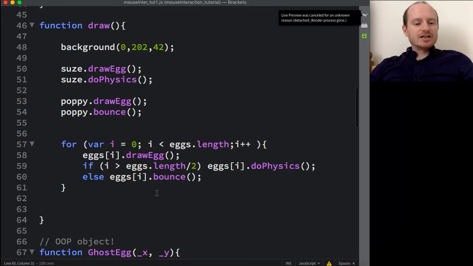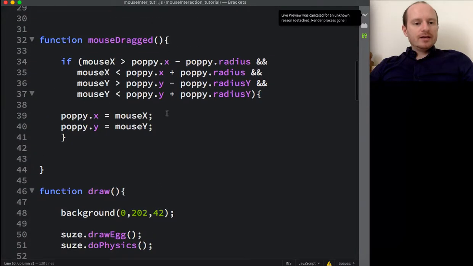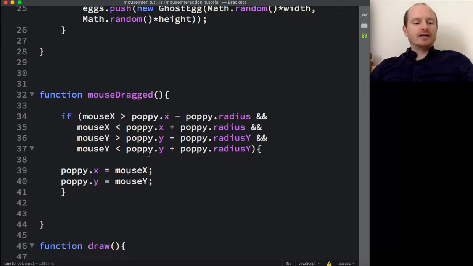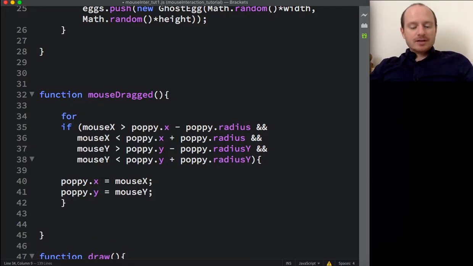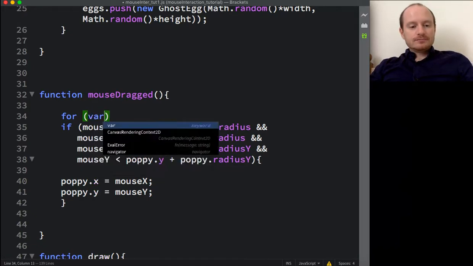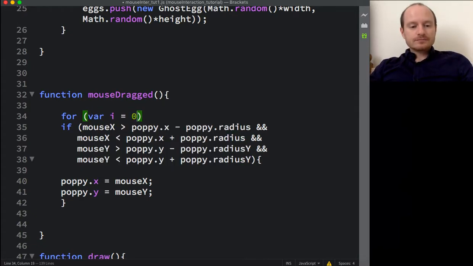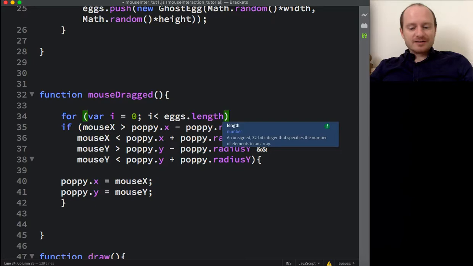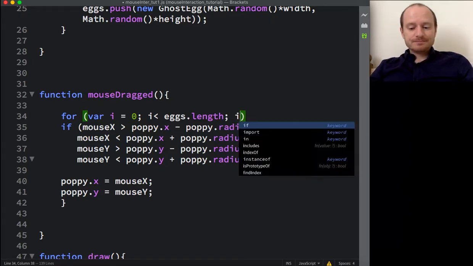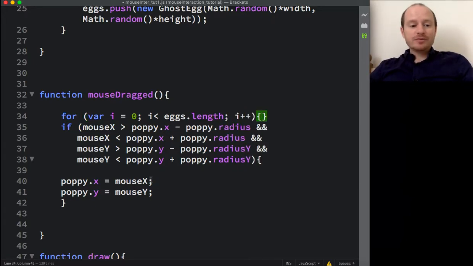So now, when we're in mouse dragged, we want to do exactly the same thing, but iteratively. We want to, again, use a for loop to go through all of these. So I'm going to type this without speaking because I made about a million mistakes last time, and I'm still speaking. Okay, let's open the for loop,